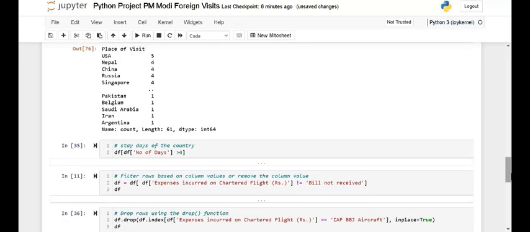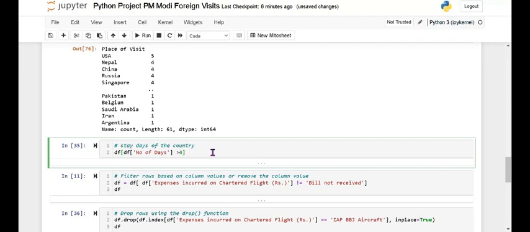Okay. Next I want to see how many days there are. I am giving the condition that the number of days stayed is greater than 4 days. So it shows all the countries where the prime minister stayed above 4 days.